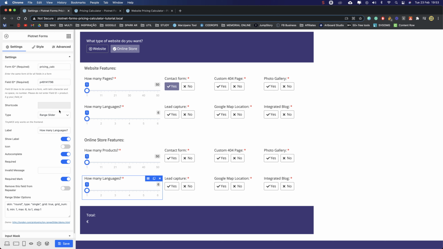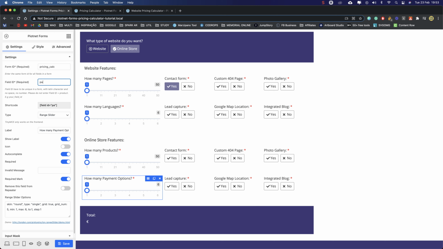Here let's change this. It's not languages, we already have that on top. Let's put how many payment options. Can be another good option to have here. Your customer might want just one payment option, or 6 or even more. I just have 6 over here.